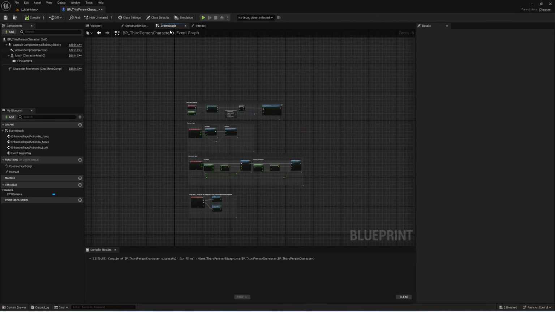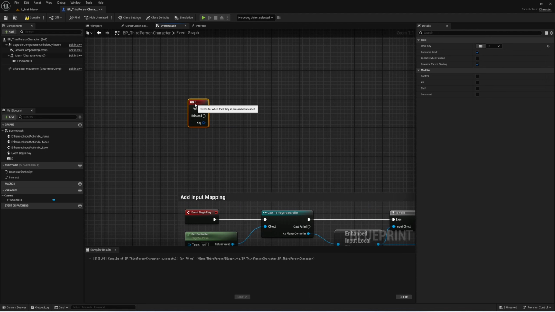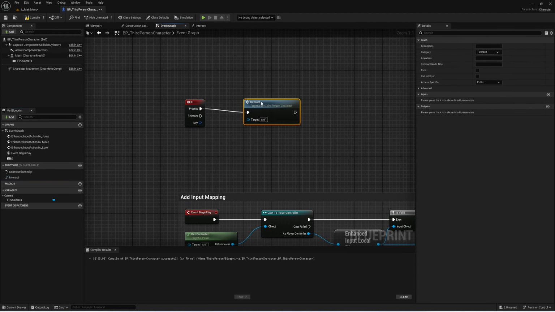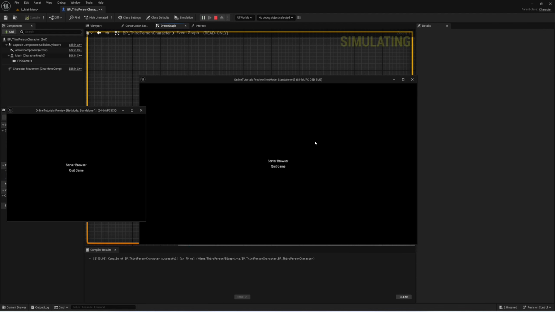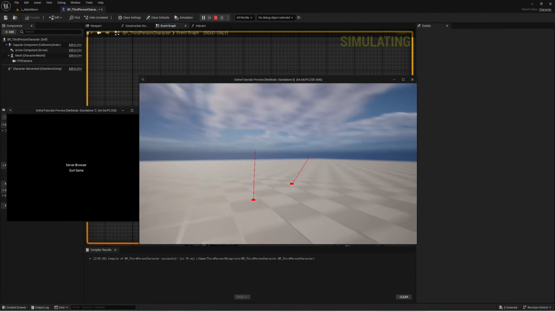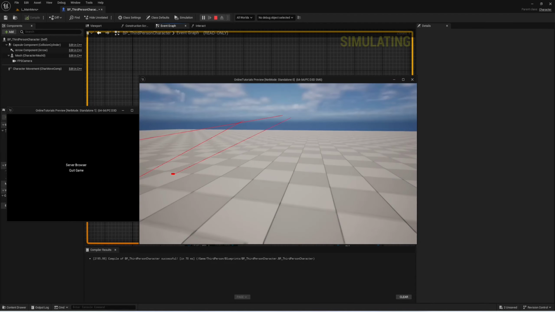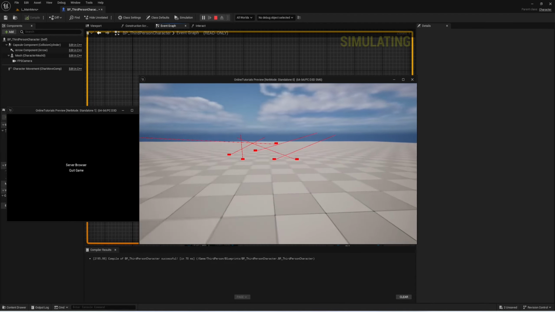Now let's head into our event graph and right click. I'm going to do keyboard E and just plug in our interact. Now if I play, server browser, create game, now we have our interact over here, which comes from our, as you can see, from our